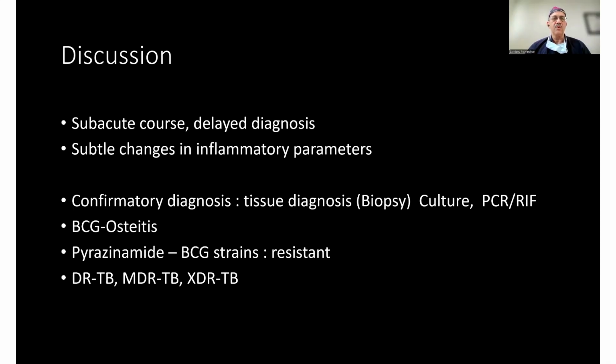It follows a subacute course. There may be a delay in diagnosis. The inflammatory parameters, not much change is seen. It may be subtle. Tissue diagnosis is mandatory before we start antitubercular treatment. You must rule out BCG osteitis and pyrazinamide resistance, and newer modalities of drugs may be needed in multi-drug resistant